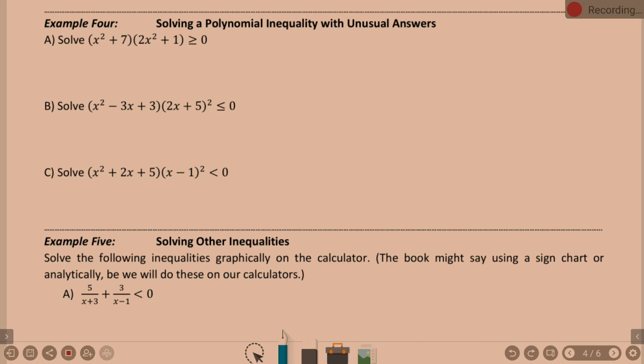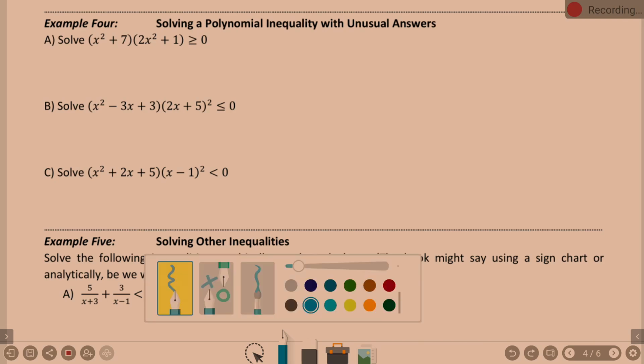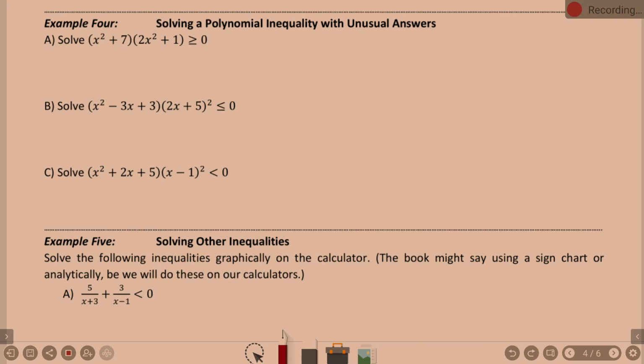Well, yes, this is in factored form. We are going to rely on the calculator here. Okay, we're relying on the calculator on this whole backside, so you're going to be graphing it. What is it I'm going to be looking for in the end? Where is my graph what? Positive. Okay. You're going to be looking for where your graph is positive. And in this case, that means, are we allowed to touch the x-axis? Yeah. On or above